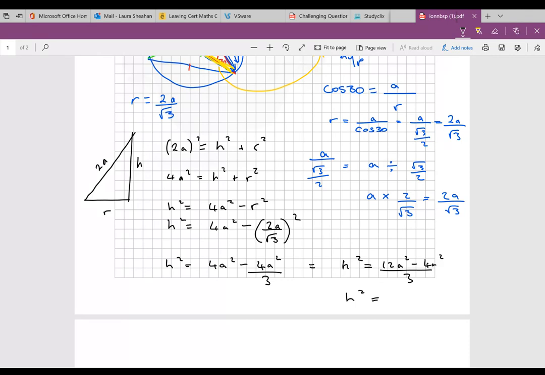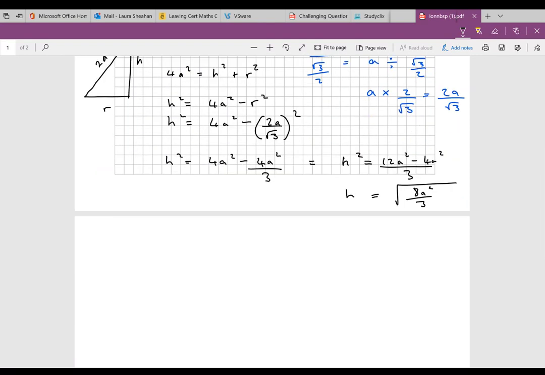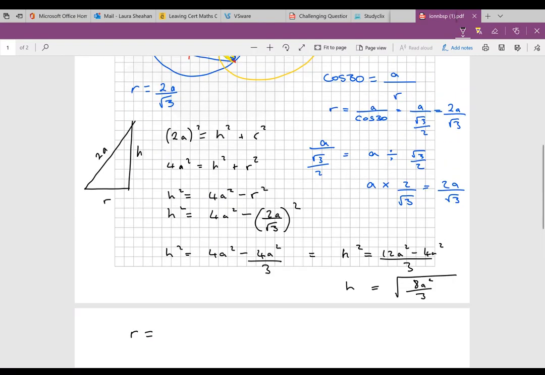H squared is equal to, and h then is equal to square root of 12 minus 4, which will give me 8A squared over 3. So now I know my radius, which is 2A over